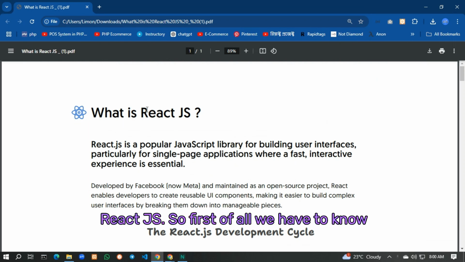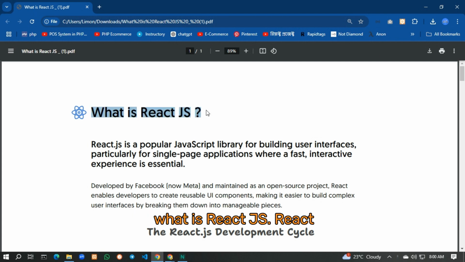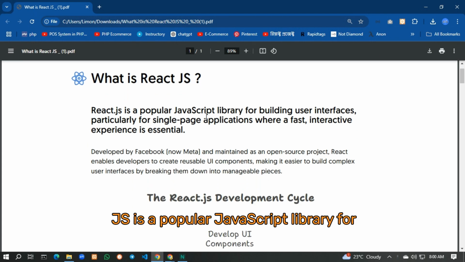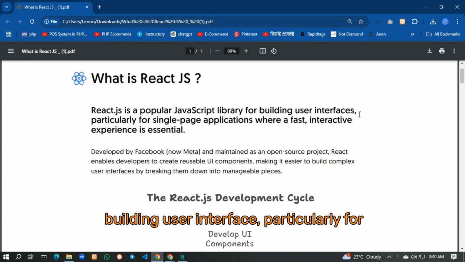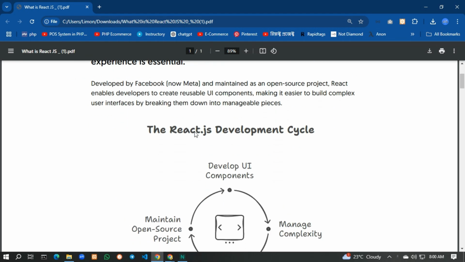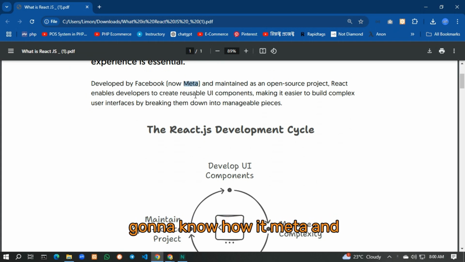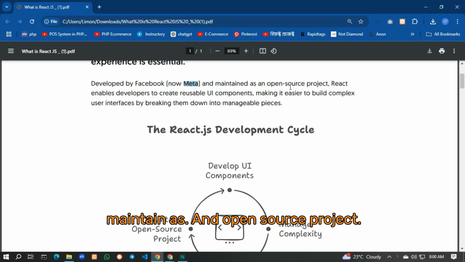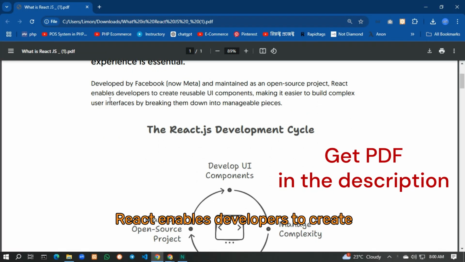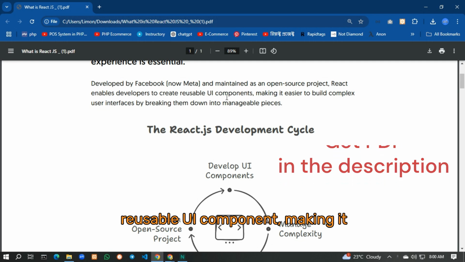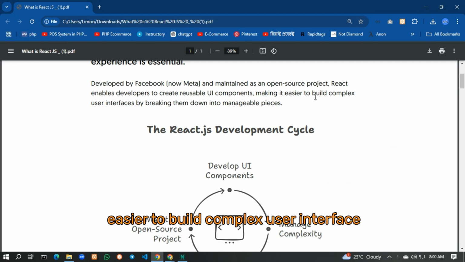React.js. So first of all, we have to know what is React.js. React.js is a popular JavaScript library for building user interfaces, particularly for single-page applications where a fast interactive experience is essential. It's developed by Facebook, now Meta, and maintained as an open source project. React enables developers to create reusable UI components, making it easier to build complex user interfaces by breaking them down